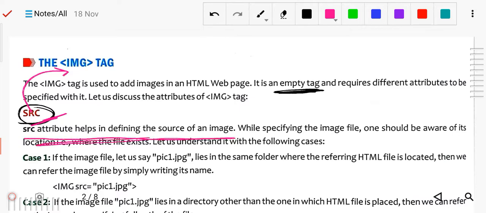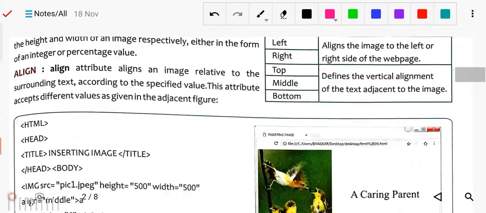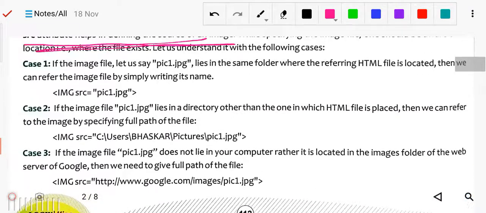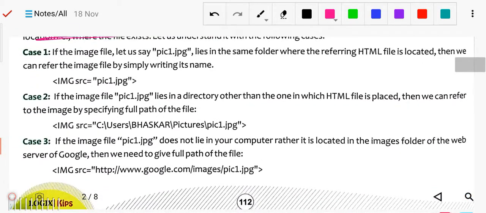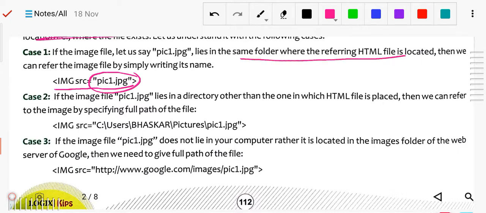There are three cases. The first case is if the image is in the same folder. Suppose your html file is in the c drive and your picture is also in the c drive, so no need to define the path. Simply write img src equals the picture name only in inverted commas, and it will be picked from the same folder where the html file is located.